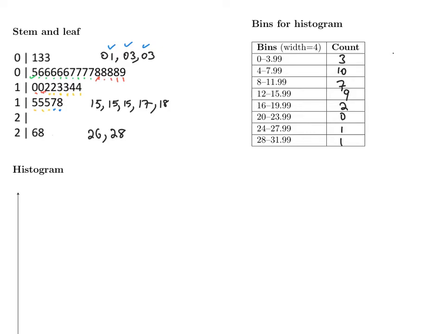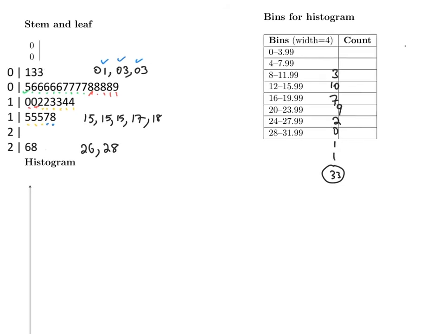So we can double check to make sure our bins actually add up to the total number of data values. The sum of all of those numbers is 33. So we know we have everybody accounted for. And so when we're ready to make a histogram,